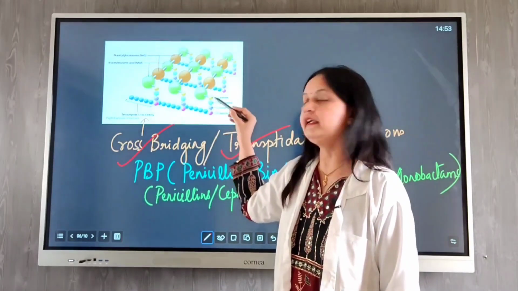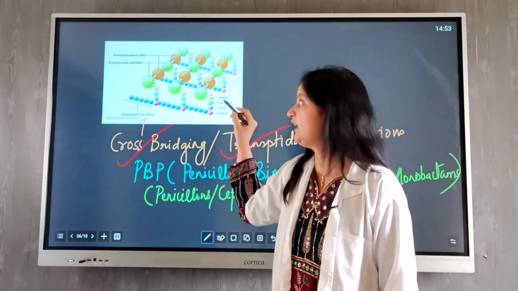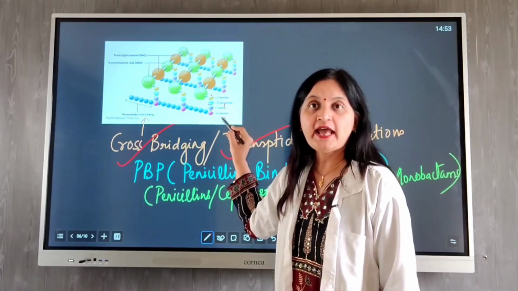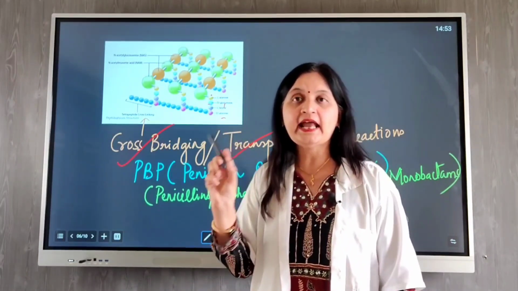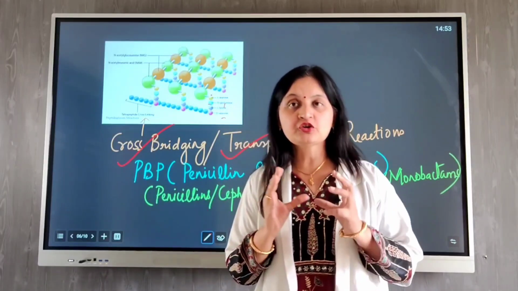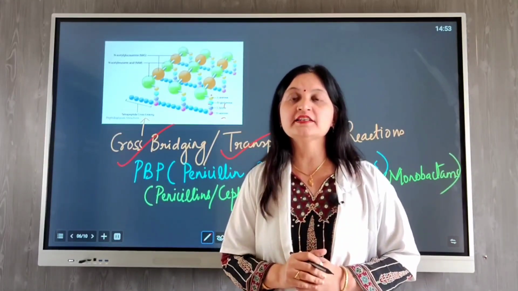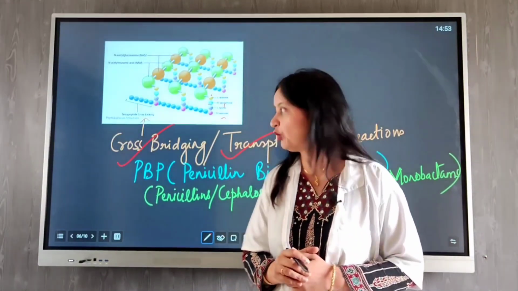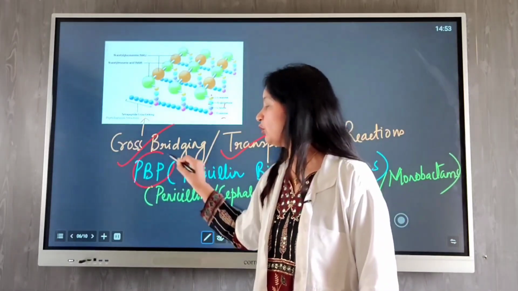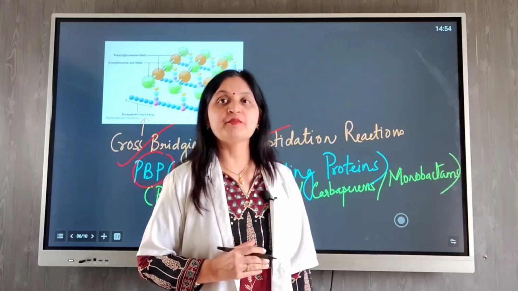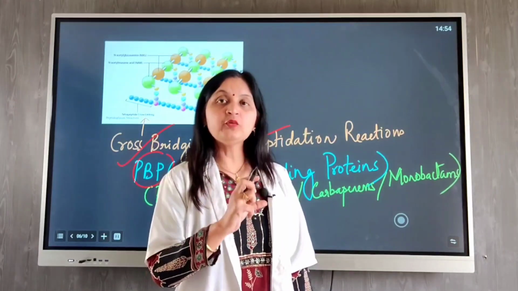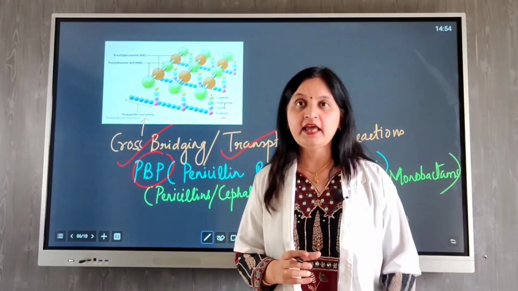As we have seen, the two amino sugars are linked to a pentapeptide bridge, and there is a cross bridge that is formed between L-lysine and D-alanine. This cross bridge formation occurs in the presence of penicillin binding protein. Penicillin binding proteins catalyze the transpeptidation reaction, the formation of a cross bridge between L-lysine and D-alanine, and